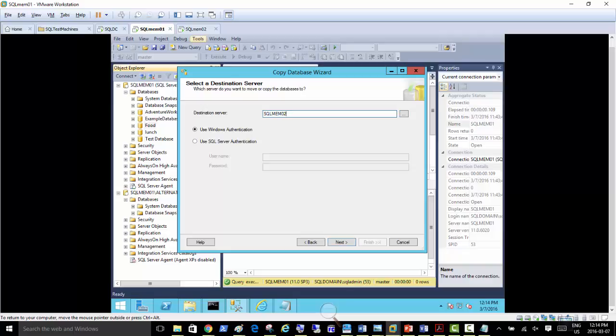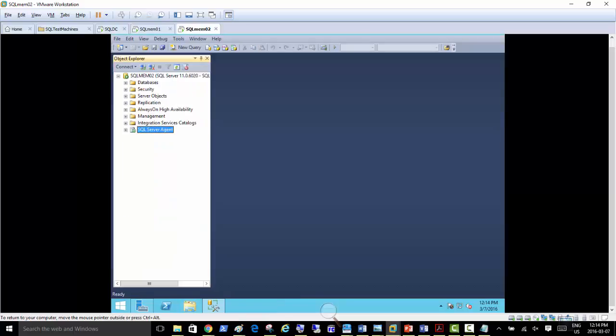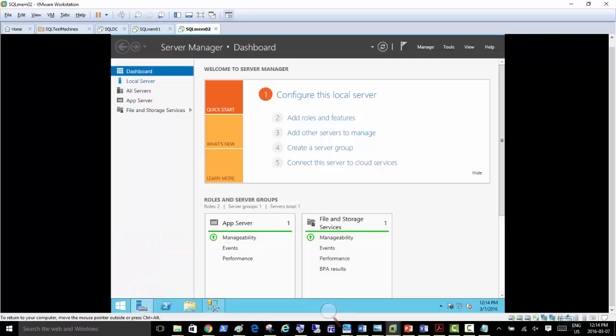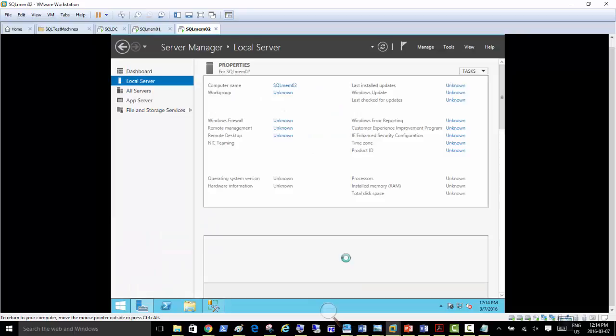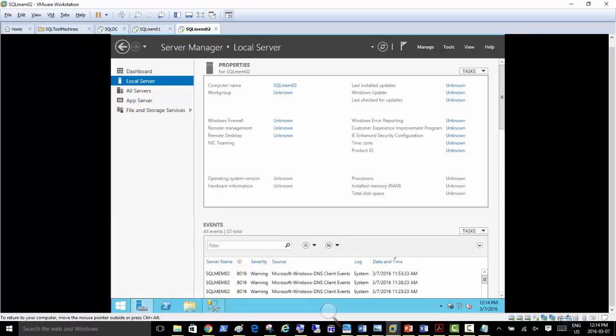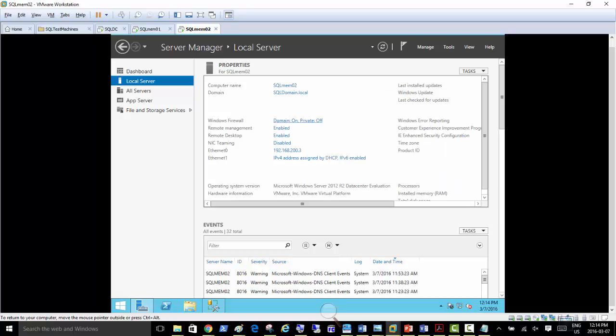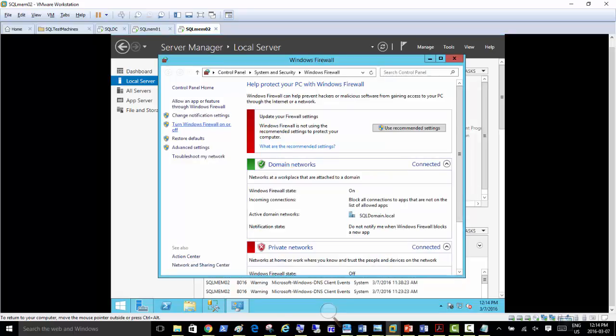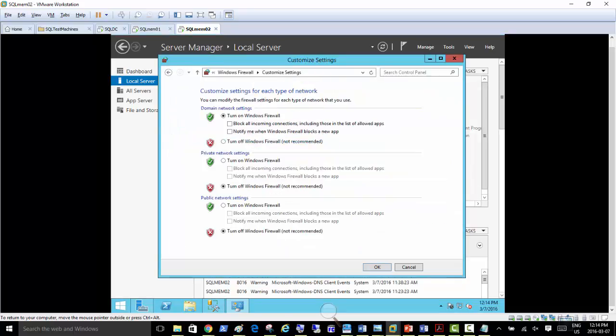I'm just going to try that first, as I was trying all the other things. So if I want to copy a database from one SQL server to another, I would want to make sure that the firewall is off first. So I'm just going to check the firewall, it's on. So I'm just going to turn it off. The domain profile is on.